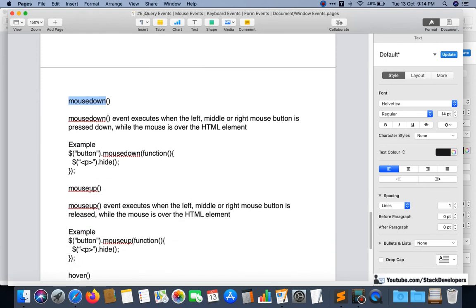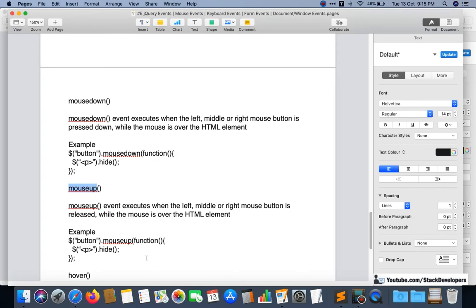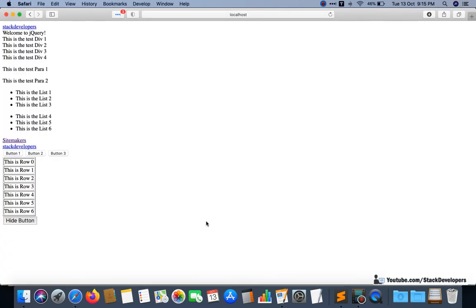Okay, so the mouse up event is also there. This is another kind of event, so let's try this one as well. All these events you can try at your end, only then you will come to know. Maybe in the video itself you may not be able to get it, but you need to practically use all these kinds of events. Okay, then you will come to know. So this is the mouse up event.